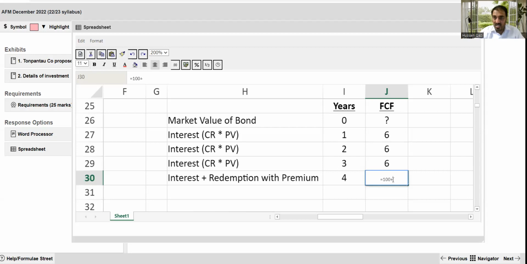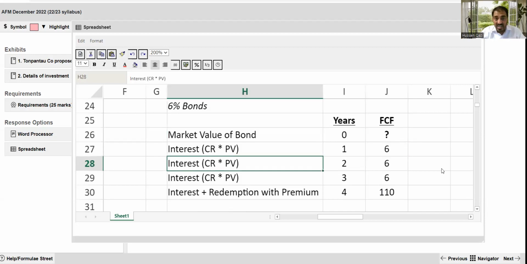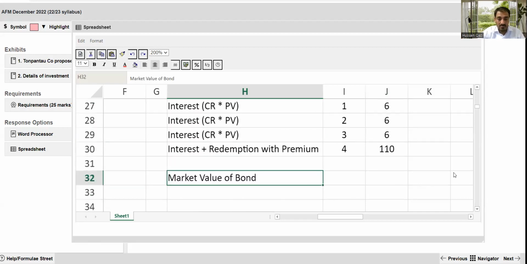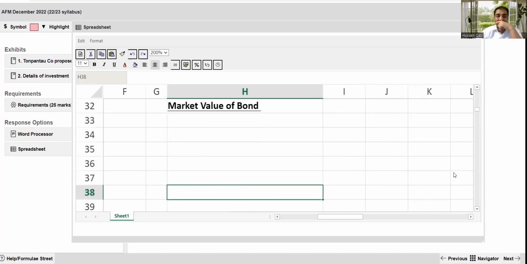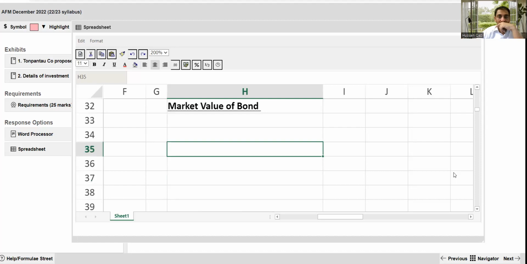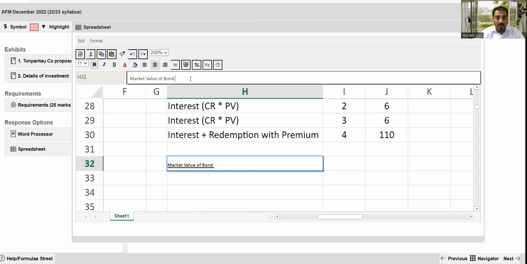Is equal to 100 plus 4 plus interest, 110. This is the value. But the point is, what is the market value of the bond? We don't know. So the important point is that we have to calculate the market value of the bond. And here we will calculate the market value of the bond